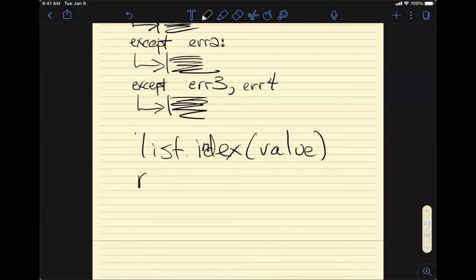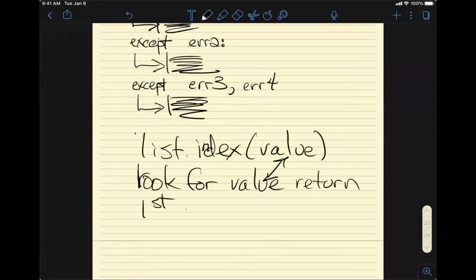And this will look for the value and return the first index if found.